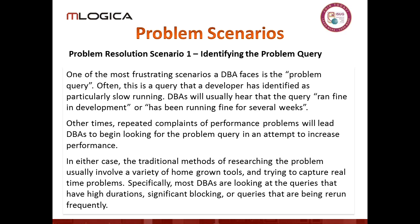So if you're starting to look at this, well, gee, what's the first thing you do? Well, the query is running erratically. The first thing I